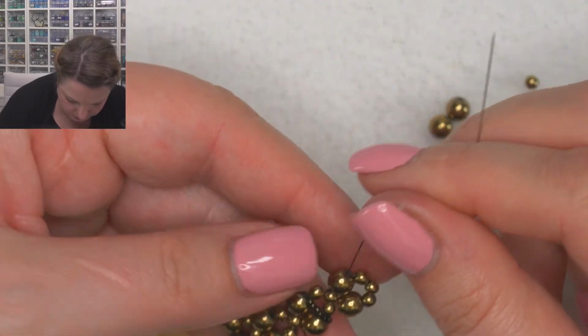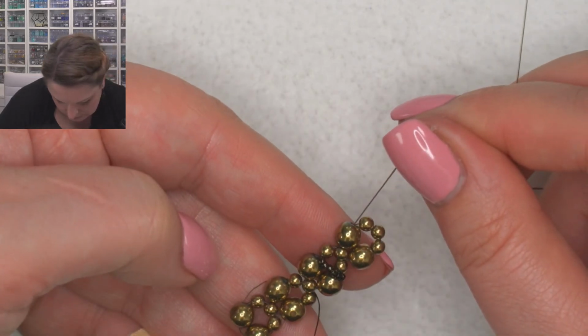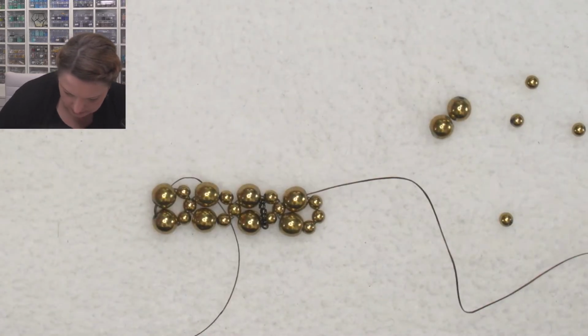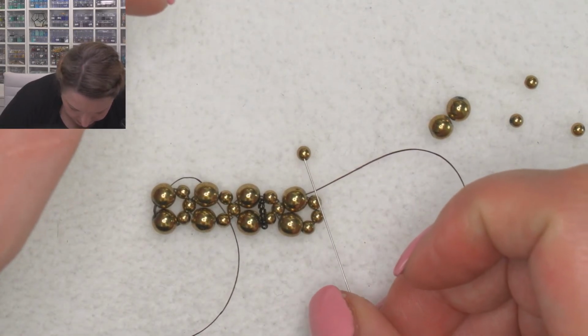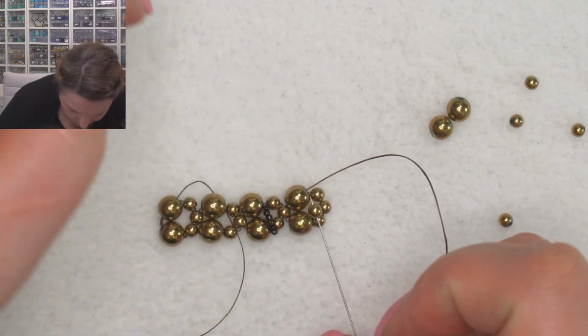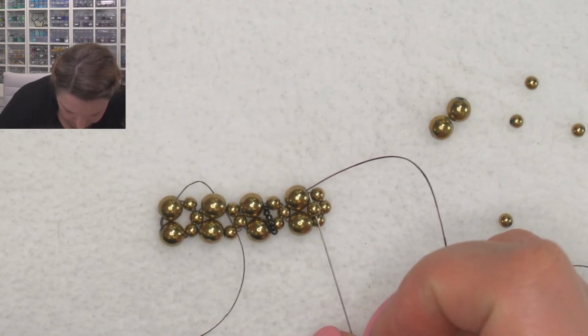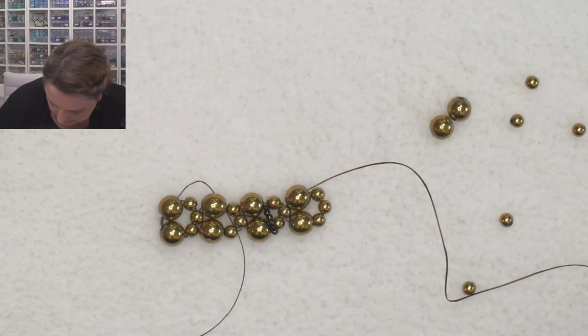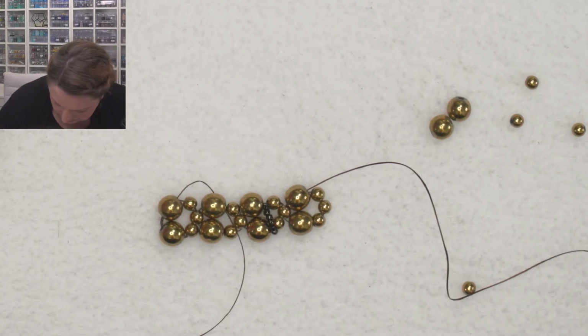Actually, we could do this on the 6 mil. Or do we want to add another 3 mil in the middle here? Because we could do that as well. We could pick up, ooh, that would be pretty. We could pick up 2 15s, 1, 2, pick up a 3 mil and another 2 15s,